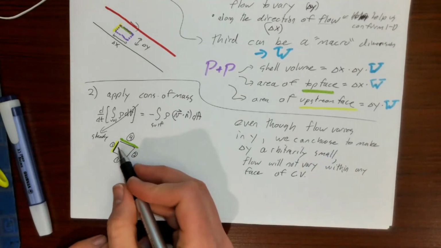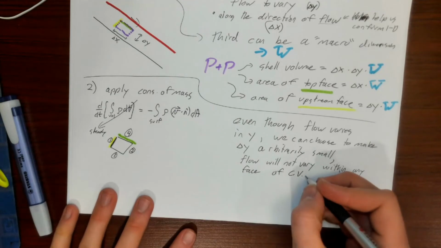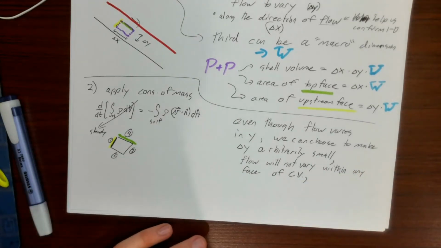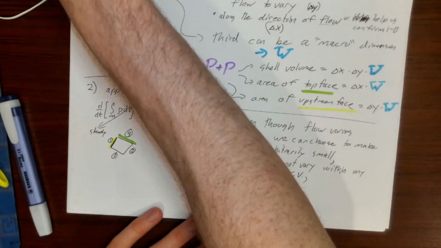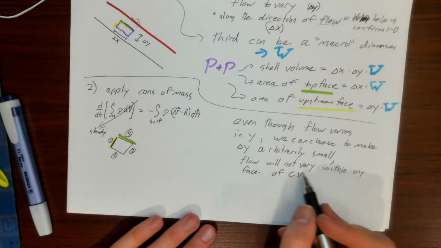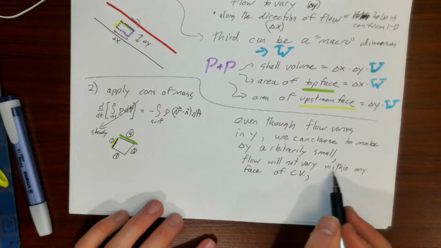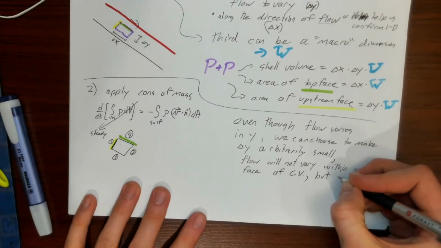There's some reasoning that I'm glossing over, in the interest of not being totally rigorous. So the flow will not vary within any face of the control volume, but can vary